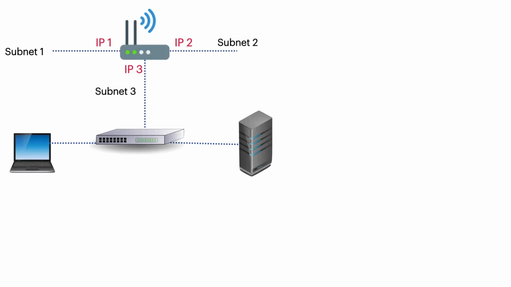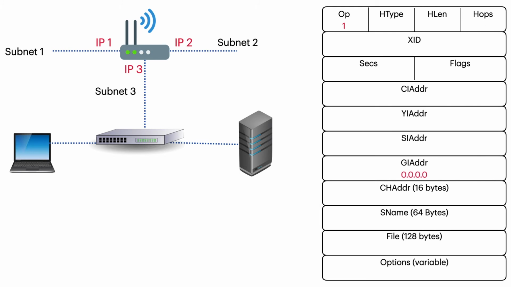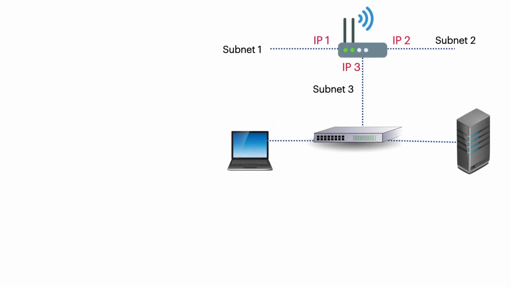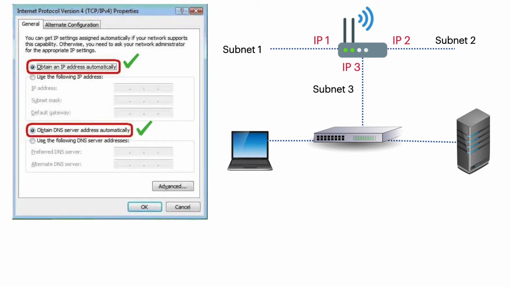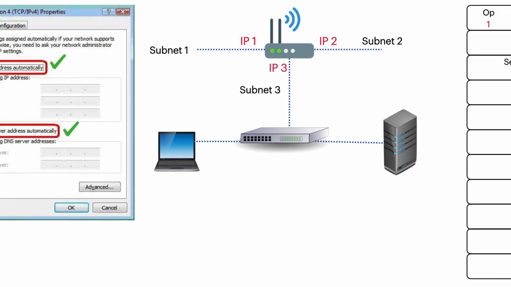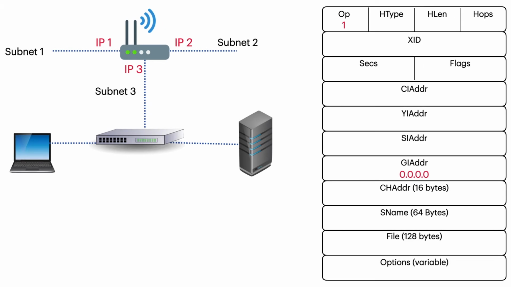Starting with the first case, that is when the DHCP server is present in the same subnet. In this case, the gateway IP address field of the DHCP packet remains 0 because the relay agent will not be involved in the DHCP conversation. Suppose the automatic IP configuration setting is enabled on your laptop. So, as soon as your laptop is connected to the network, the DHCP client runs the DHCP protocol and creates a discover message to find the DHCP server.